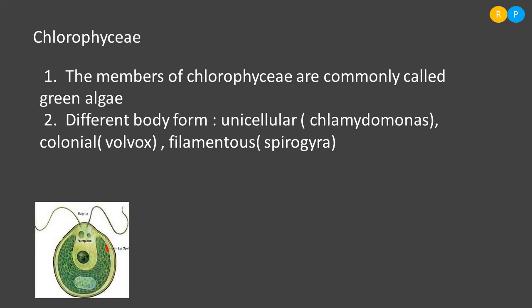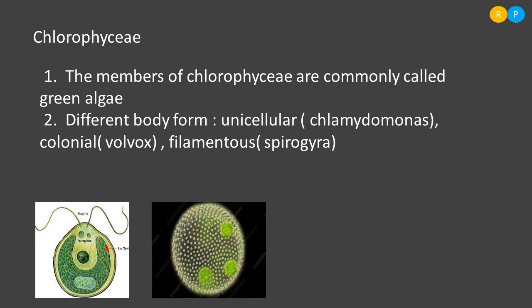So this is the Chlamydomonas. Here we can see the Chlamydomonas is made out of only one cell and it consists of a locomotory organelle, flagella. Two flagella are present on the anterior end of the body, and it consists of chlorophyll pigment within a cell organelle that is called chloroplast. You can notice here the characteristic shape of the chloroplast.